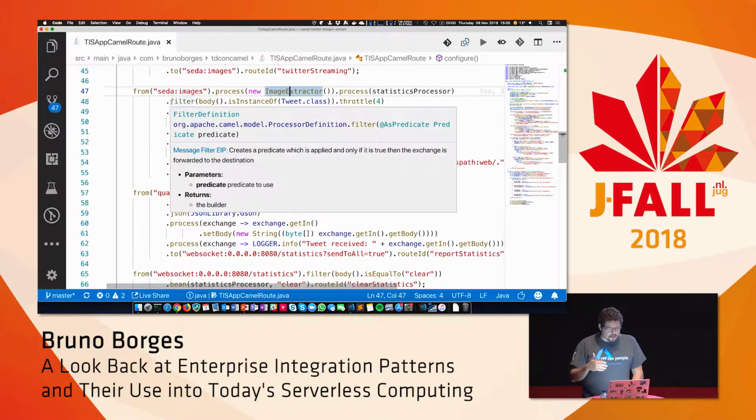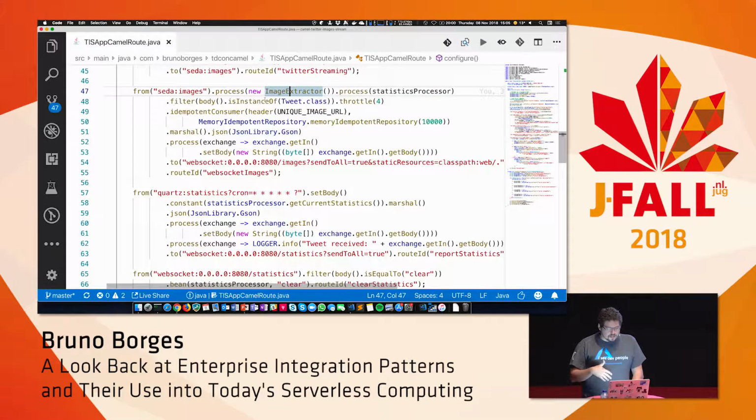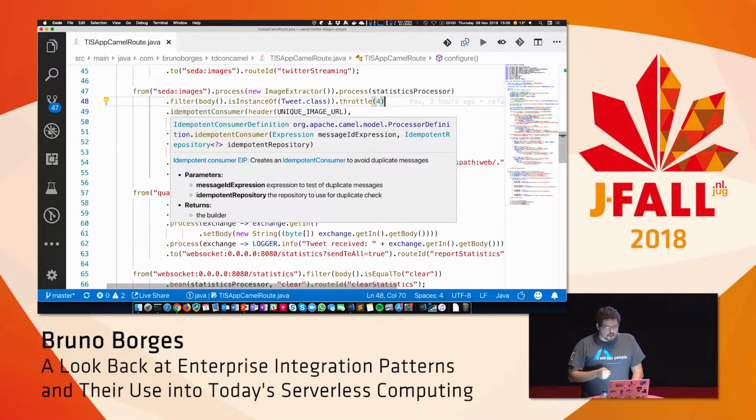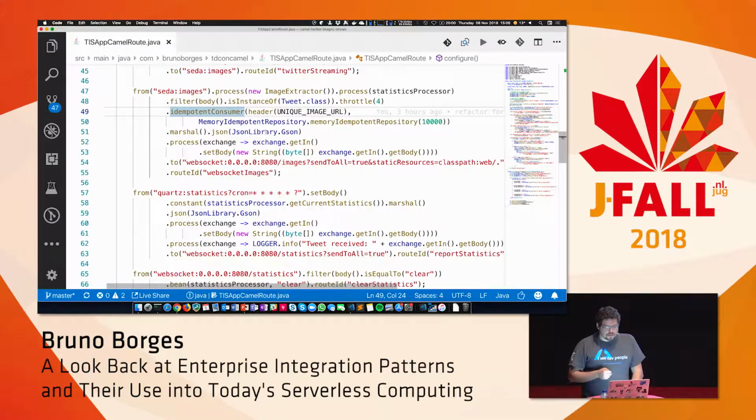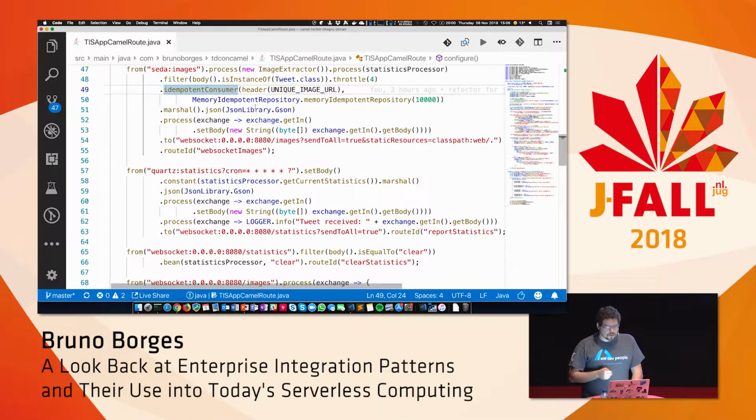And then after that, I'm going to filter and see, is the object of type tweet? Because the image extractor will convert the status object from the Twitter4j API into a tweet that only contains one image. And then I'm going to throttle that and only get up to 4 tweets per second. And then I'm going to cache this in this memory idempotent repository to try to avoid the duplicates.